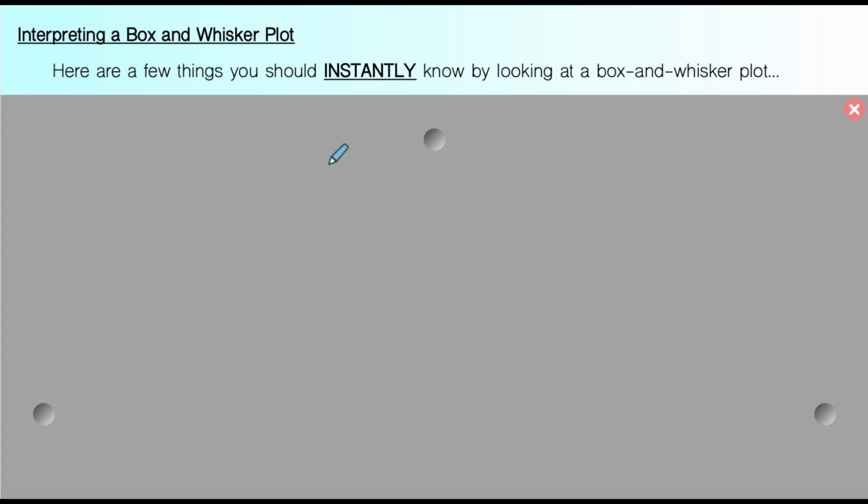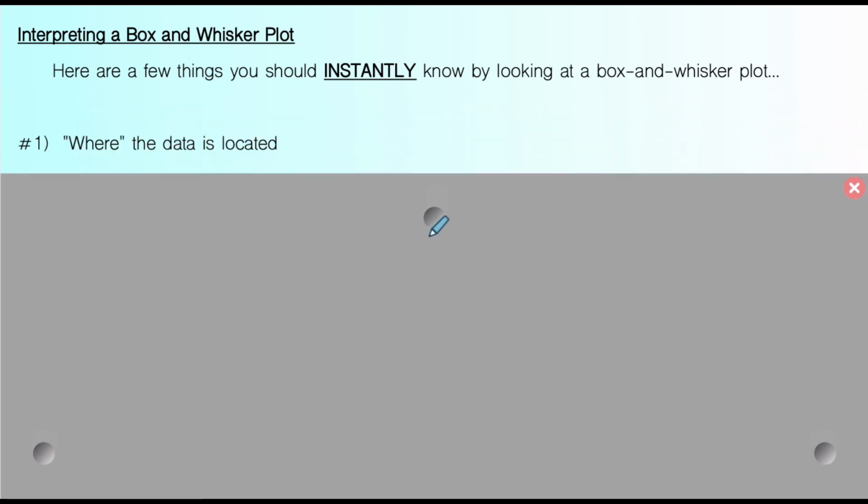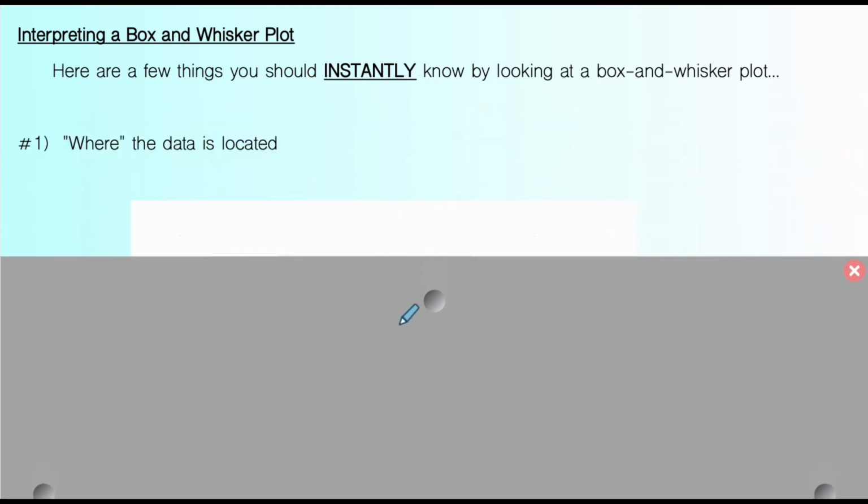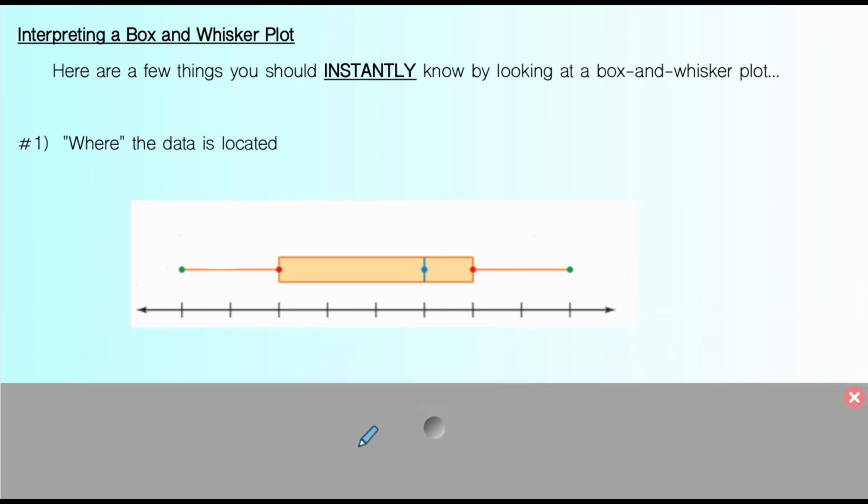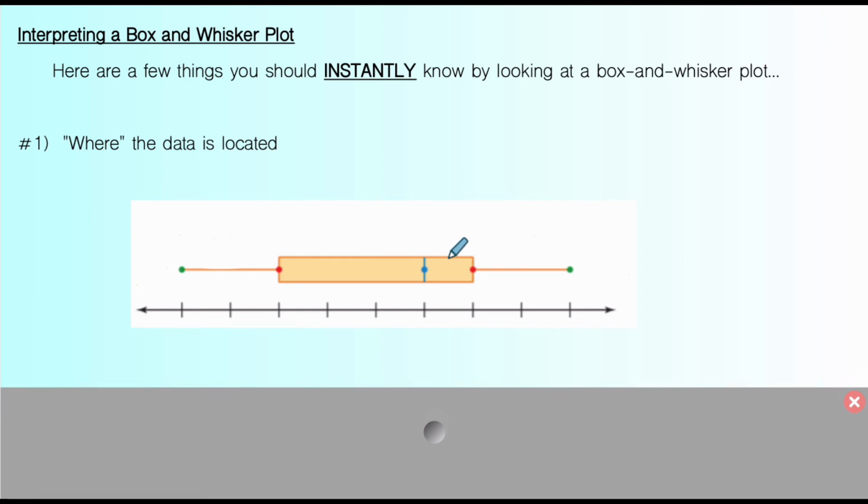The things that you should know when you look at a box and whisker plot is, number one, where is the data located? What I mean is, I said something before. I said that in a box and whisker plot, half of the data is located in the box, and there's a reason for that. One of the features of a box and whisker plot is that in each section,